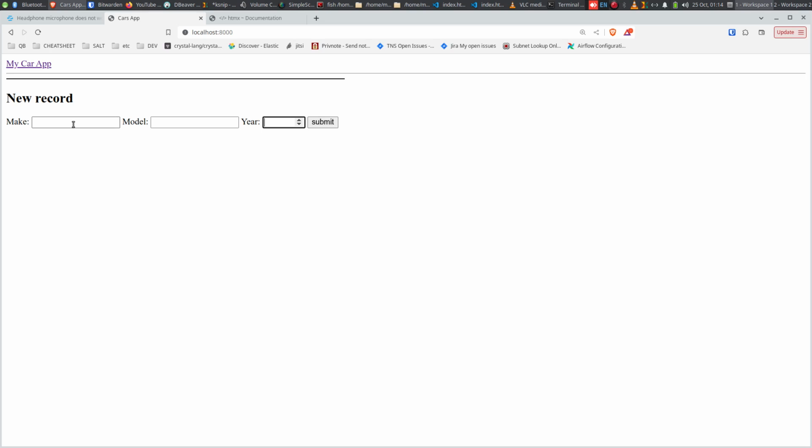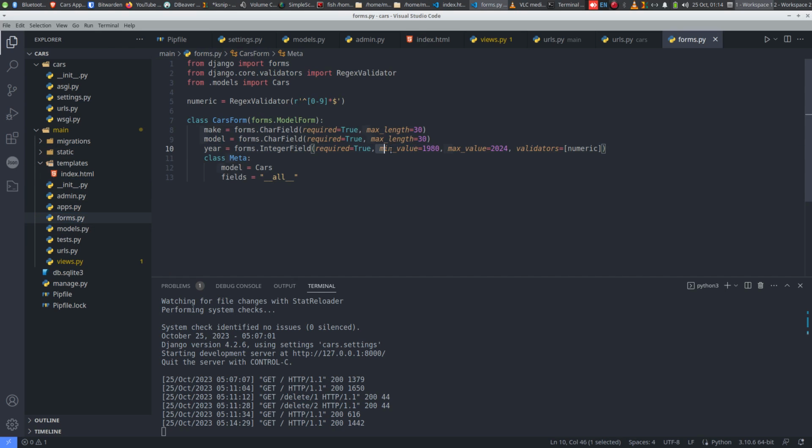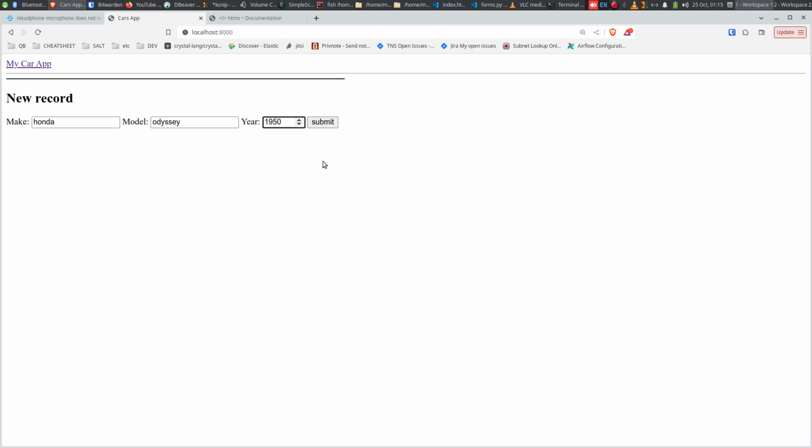Okay, so now let's try to create a new record. Let's say Honda Odyssey. Year is, let's try 1950, right? So this should be an invalid year because remember under forms, we have a min value and a max value. So our proper value should be between these year ranges, 1980 and 2024. So if we put 1950, it should get rejected, right? If I click submit,